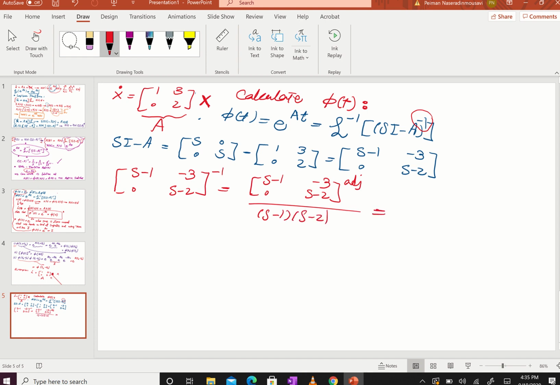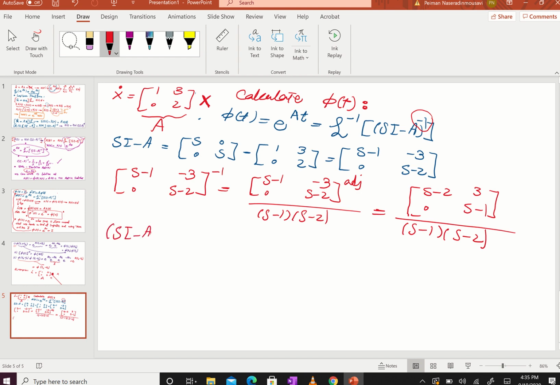We know for a 2 by 2 matrix, I told you previously, what the adjoint is going to be: changing the diagonal elements, s minus 2 and s minus 1, and reversing the sign of the off-diagonal elements, right? This is the general rule for any 2 by 2 matrix. So, on the other hand,